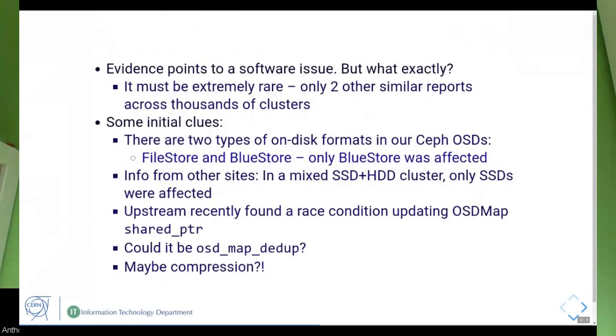So the evidence pointed to a software issue, but what exactly? We had some different clues. It must be extremely rare, because looking at the tracker and the mailing list, there were only 2 other similar reports across the thousands of Ceph clusters out there in the world. We had some initial clues. We have 2 types of on-disk formats in Ceph: FileStore and BlueStore. Only our BlueStore OSDs were affected. From the other bug reporters on this one, they had mixed flash and HDD clusters, and only the SSDs were